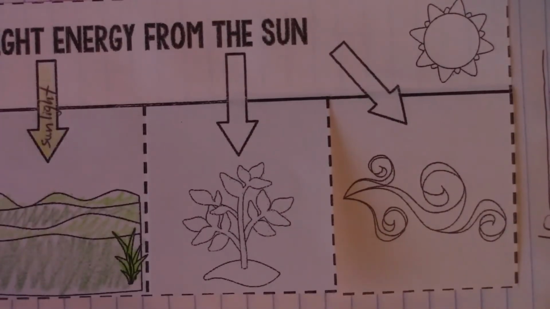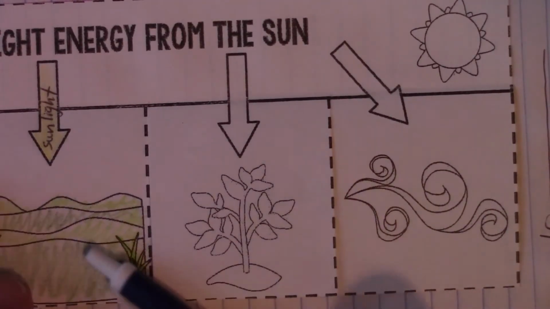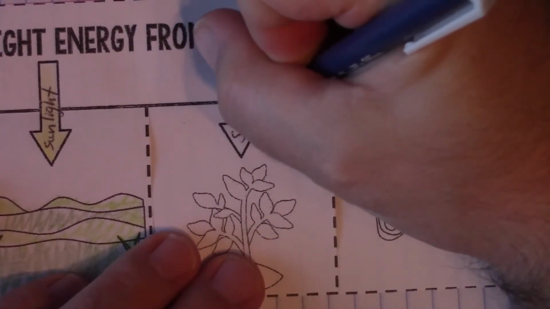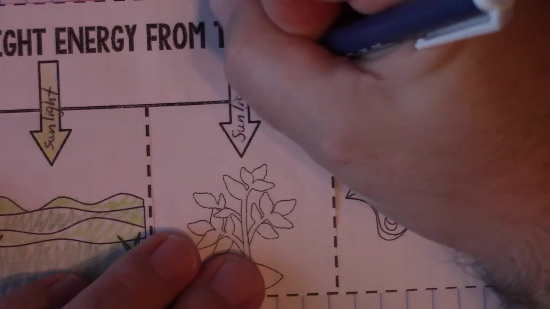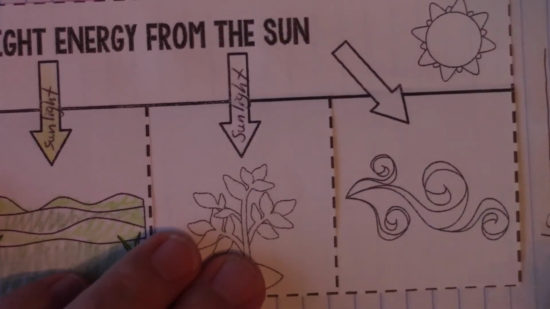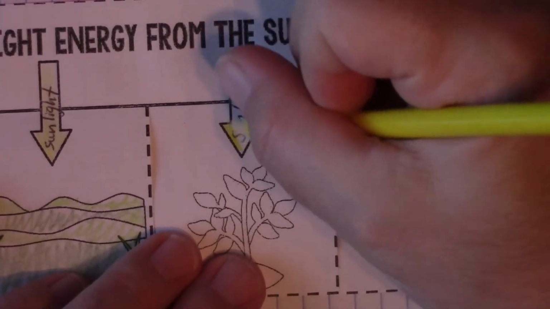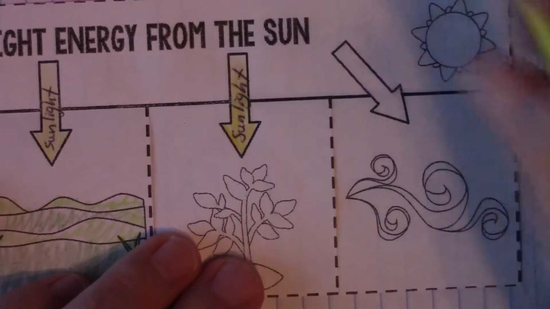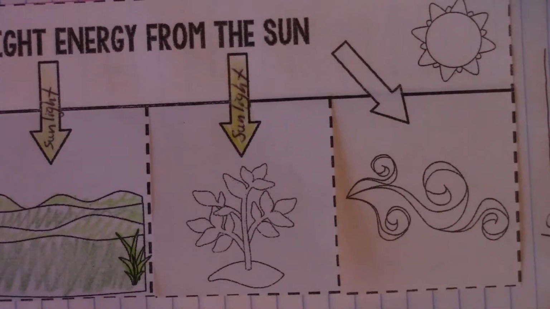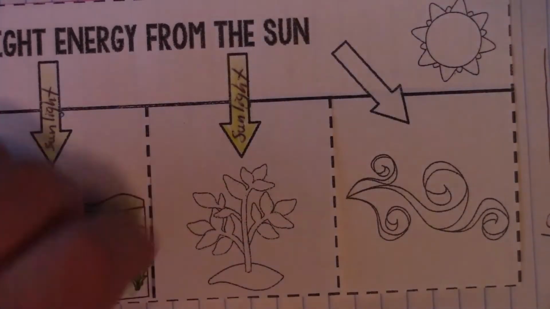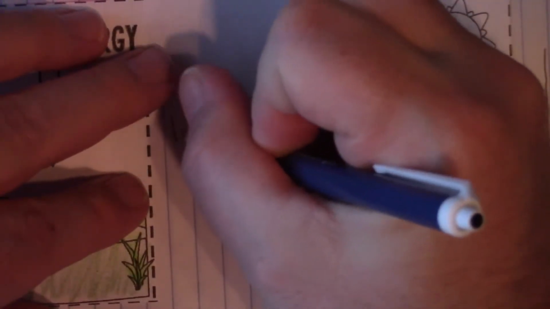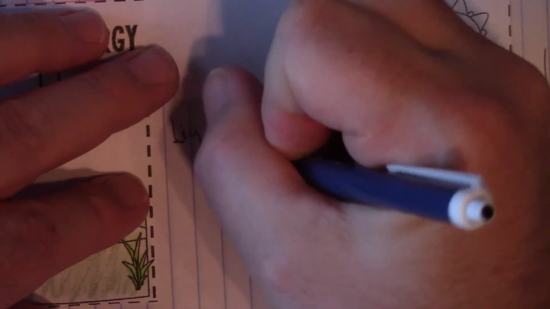Now, zooming into maybe one of these plants here, we have more sunlight shining down on our plant here. And what happens when sunlight hits plants? Well, light, L-I-G-H-T again,